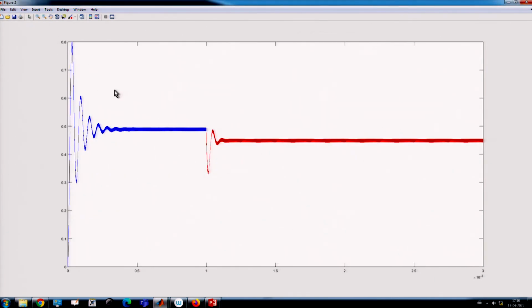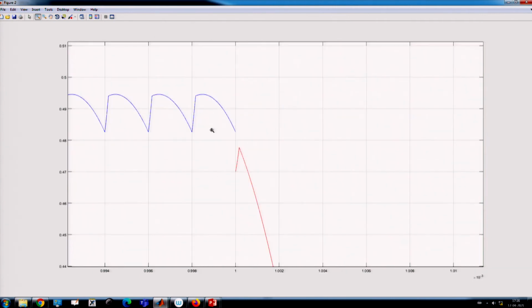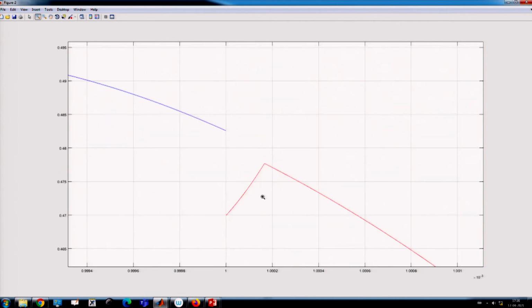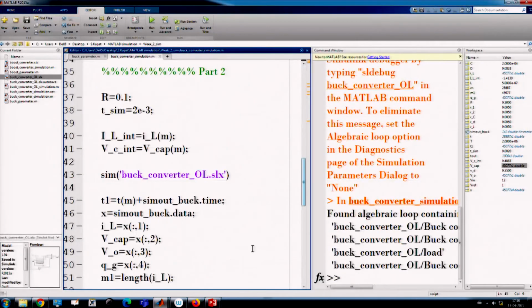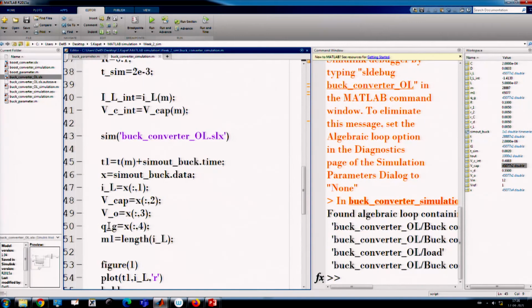And in the output voltage, the jump that we can find from here is due to the ESR, the ESR drop. This is an ESR drop. But now, because we are running them separately, we have to combine them together. So, we can combine together this X now.